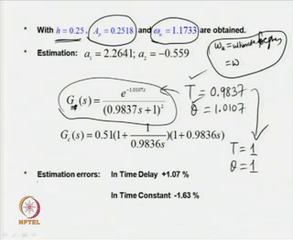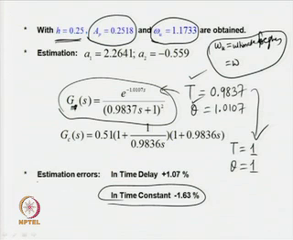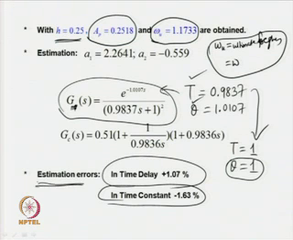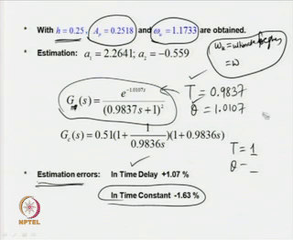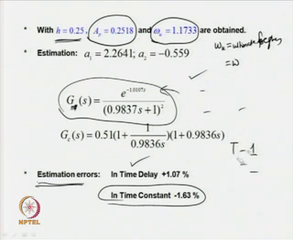Therefore, the estimation is having errors of minus 1.63% in the time constant, and similarly the time delay should have been 1 in place of 1.0107. Therefore, the estimation error is now plus 1.07%. So, the estimation errors for time delay is plus 1.07% and for the time constant is minus 1.63%. So, of course, these estimation errors are acceptable, not so bad, but in spite of that, it all depends